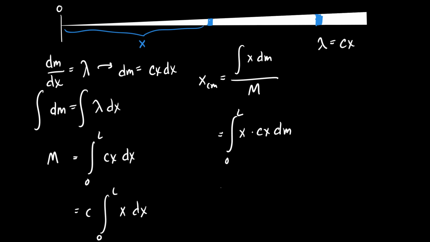Factor out the c, and I'm left with x squared. I know I wrote dm there, but that's just a mistake. I should have written dx there. dm equals cx dx. So I just made a faux pas. Let me fix that. That okay? All